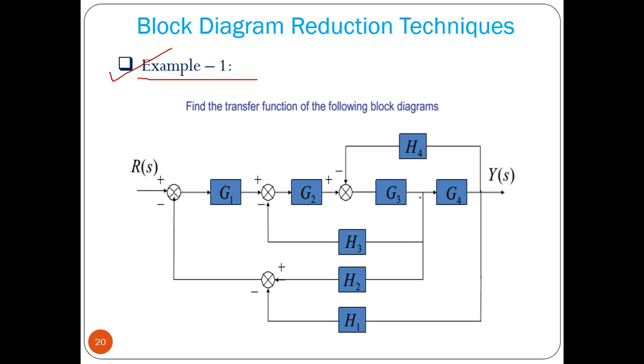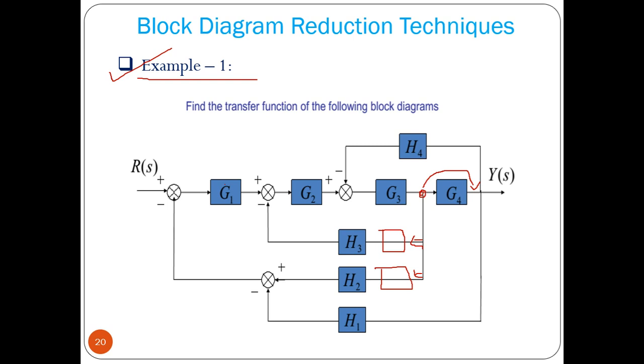These two blocks are not in series because we have a takeoff point. Now this takeoff point we can shift here, after the block. Then what will happen, these two come in series and this one comes in parallel with that. If you want to shift that, this point is connected to this H block, and here this block also, the same point is connected here, right? So we have to insert two blocks.